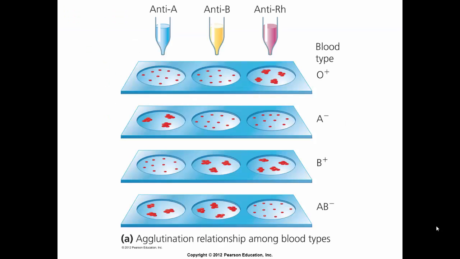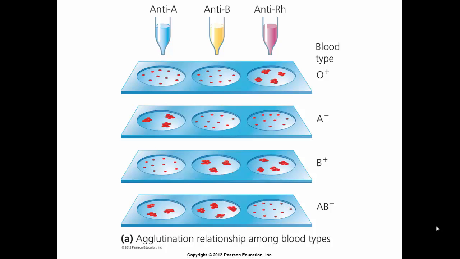So in this image, to test for type O blood, recall that they have both anti-A and anti-B antibodies in their plasma. So when anti-A solution was added, you see no clumping occurs. Anti-B, no clumping occurs. When checking for anti-RH, you see that clumping did occur. So this was used to determine that this individual was O positive. On the other hand,